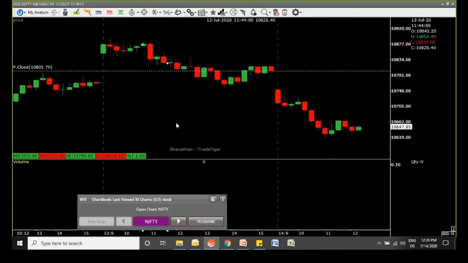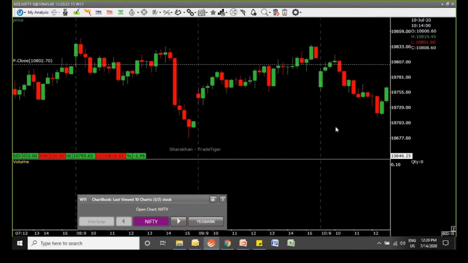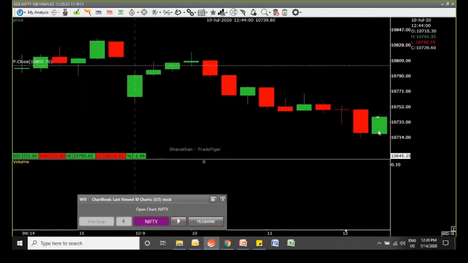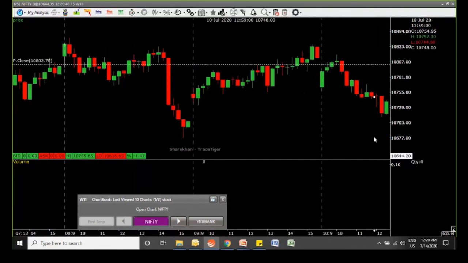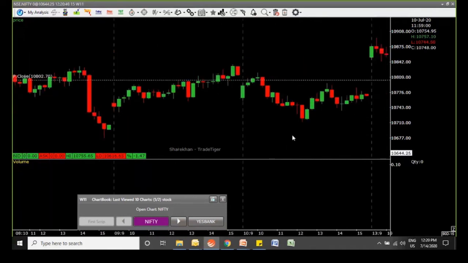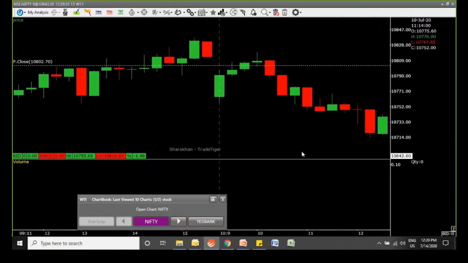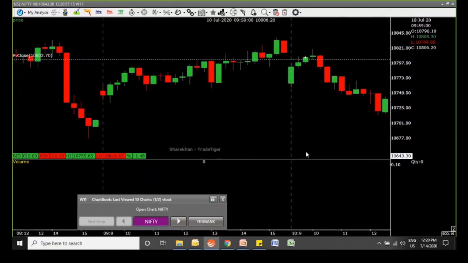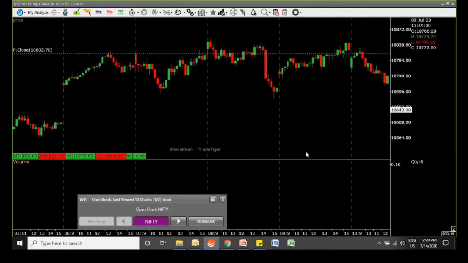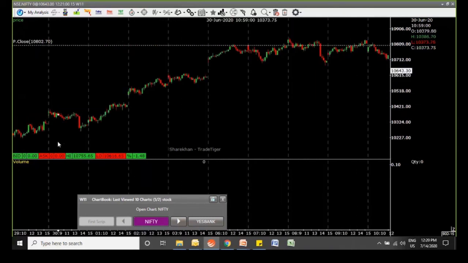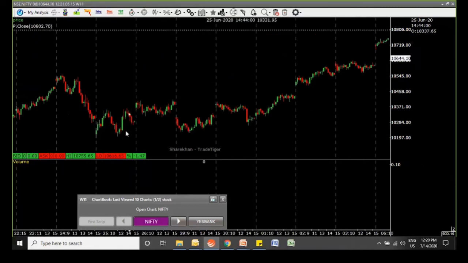So that was the hammer. Then somewhere here, you would see something very similar to the piercing line pattern which we saw. Prior trend is down. The next green candle opens below the close of the big red candle previously, and then closes more than the 50% mark. And as you can see, what prices did after that. When we talk about the prior trend, we should ideally be looking at 15 to 20 candles at least. For intraday charts, you can look at the last couple of days of data maybe. It's not a rule per se, but that's a kind of guideline.